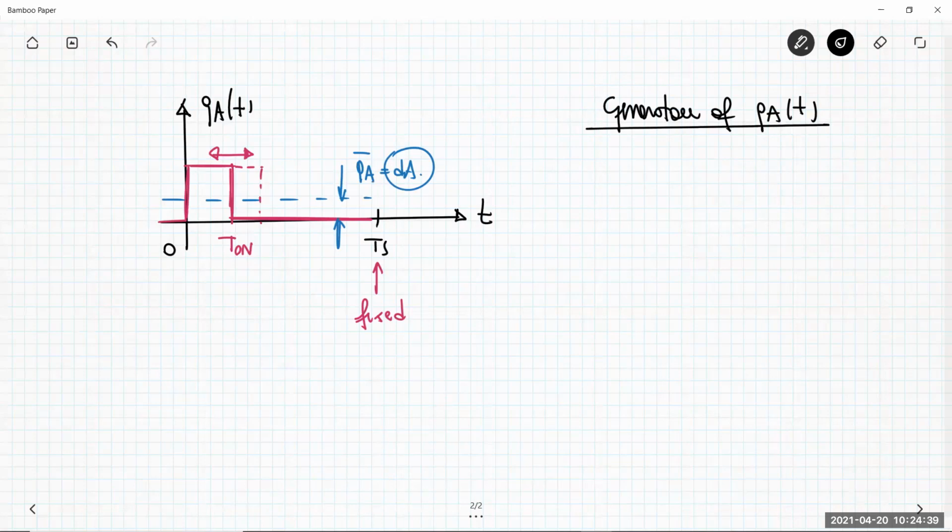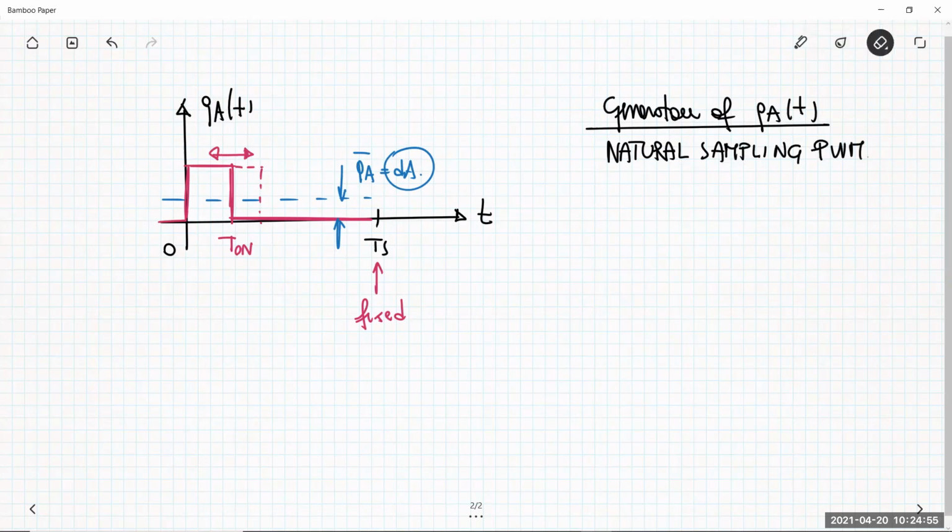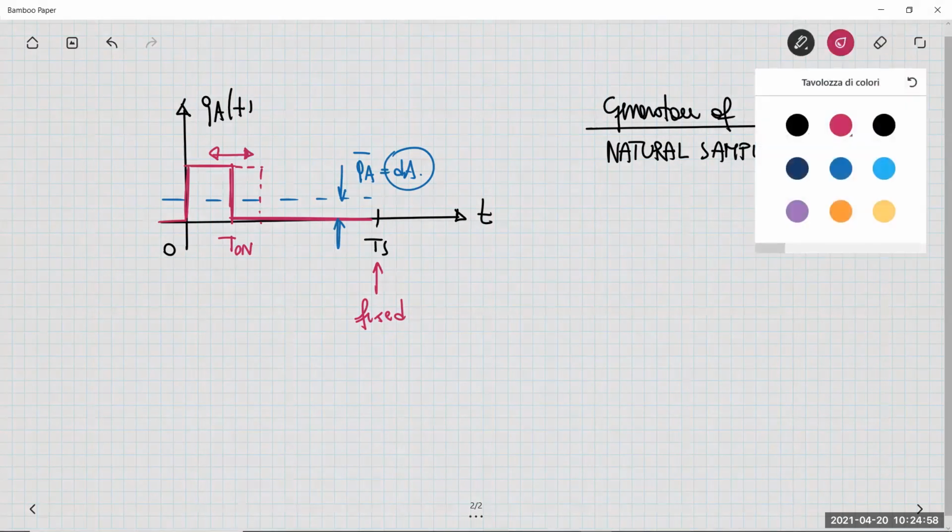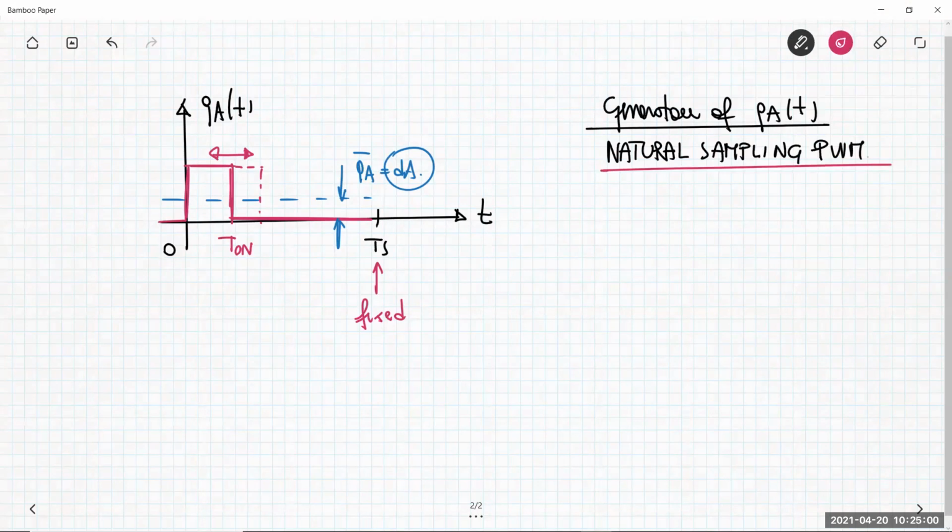This kind of modulation is also called the natural sampling pulse width modulator. In this case, we have a circuit